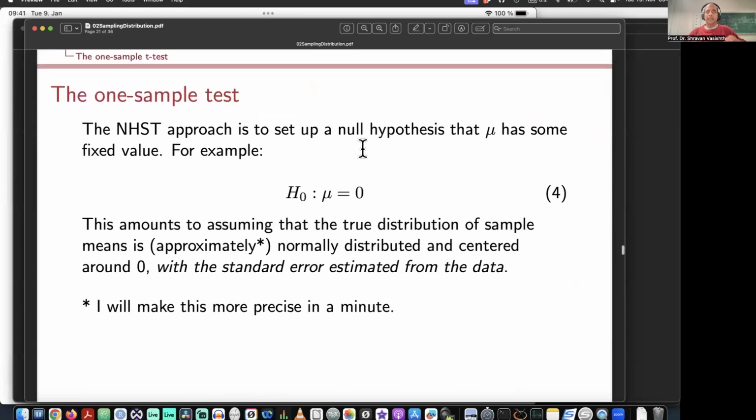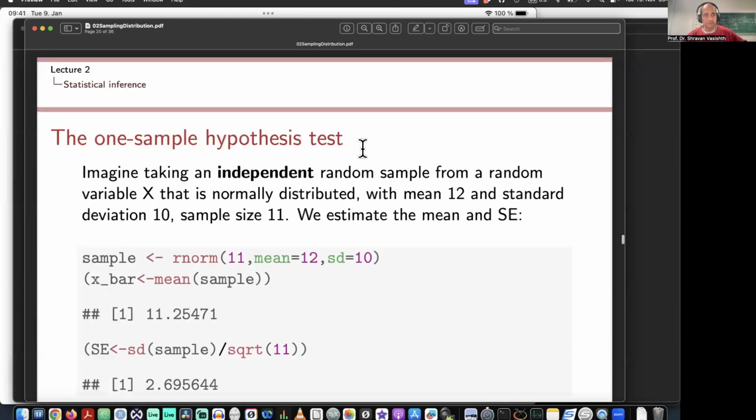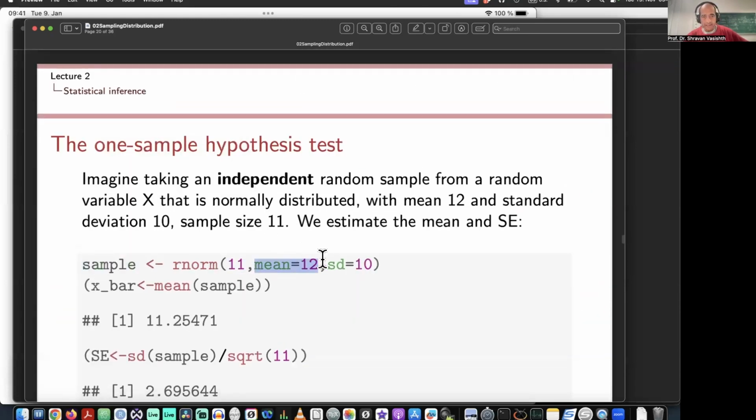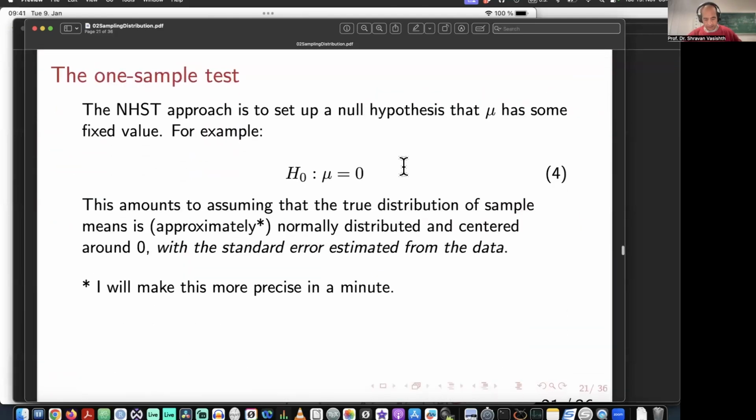Now, the null hypothesis significance test works like this. You first set up a null hypothesis, which is H sub 0. This is my null hypothesis, which asserts what you believe the unknown parameter mu that produced the data to be. Here, of course, I know what the parameter is because I'm simulating some data. But in real life, we don't know what the underlying parameter is. And so we're going to set up a hypothesis that the true value